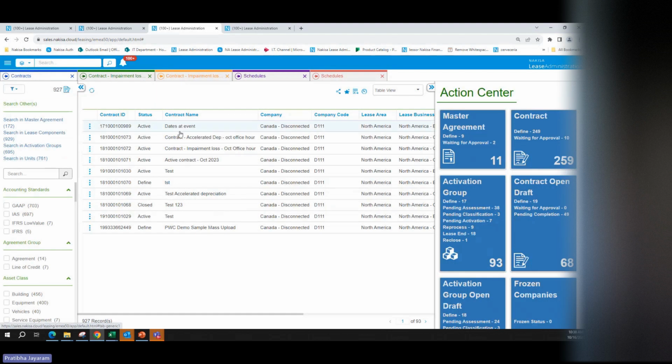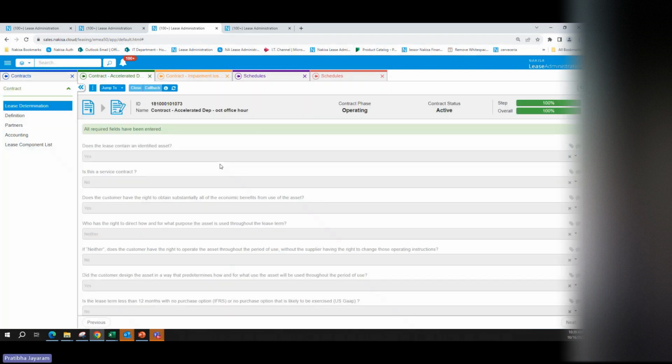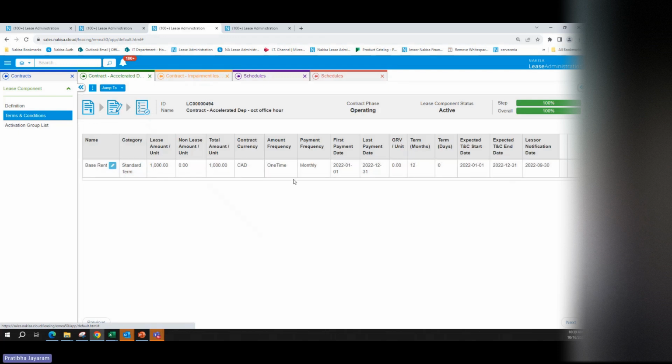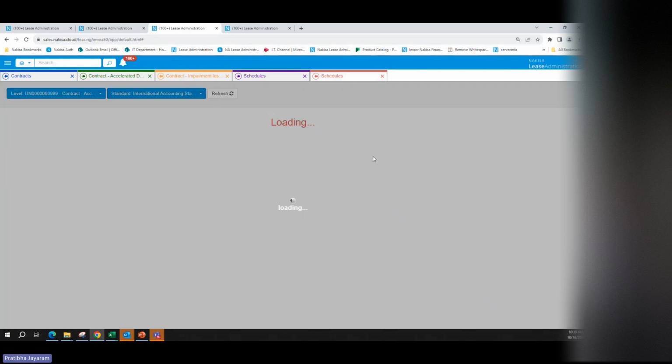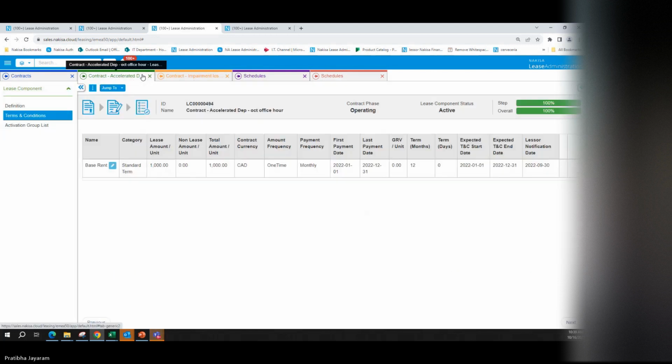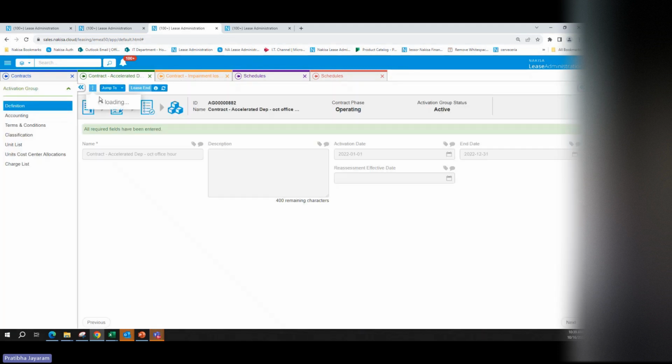And now we also have the option to do an accelerated depreciation via impairment. So again, we have an active contract here with a 12 months term, and I want to do the accelerated depreciation from March. I made sure my postings are done until February. And I can then go to the AG level, do an impairment,